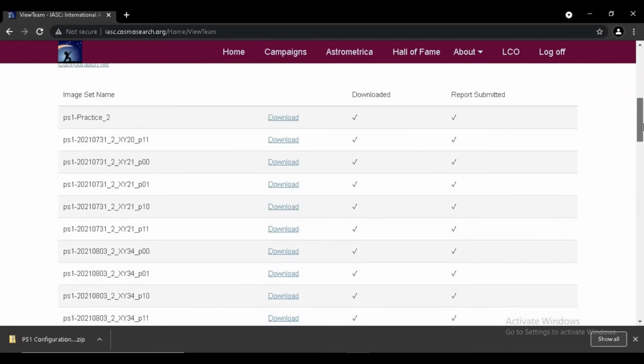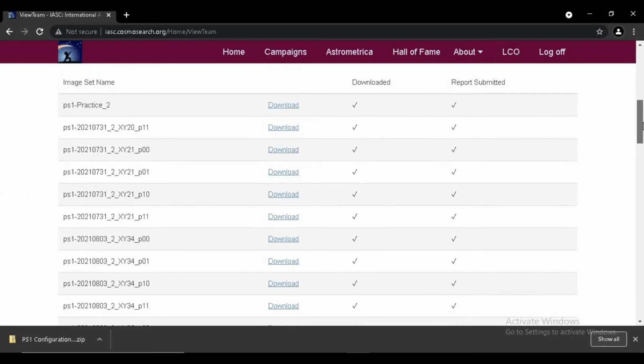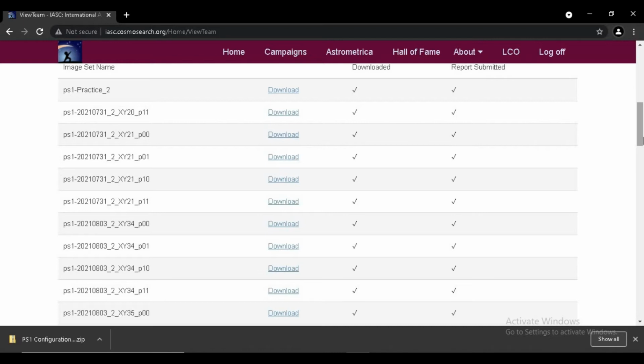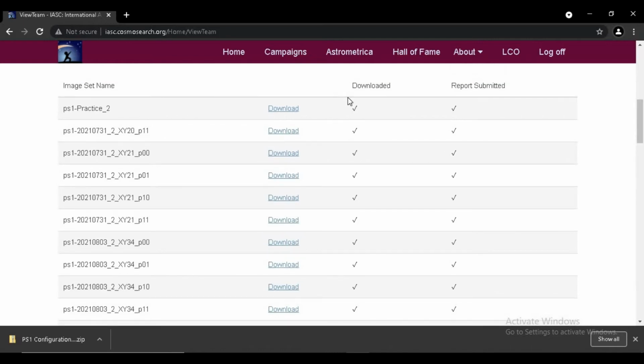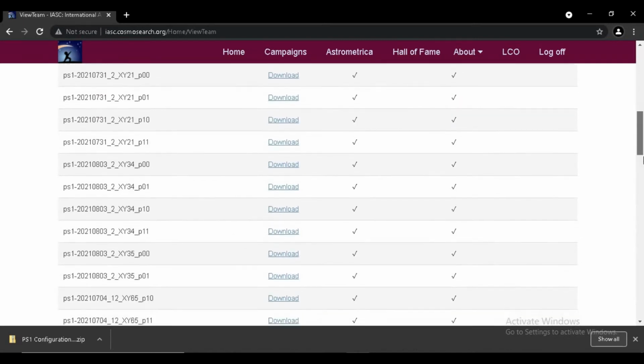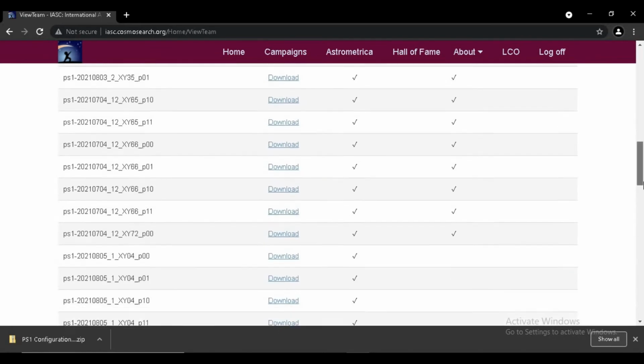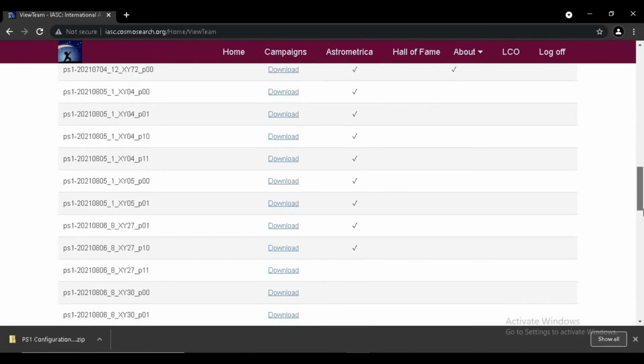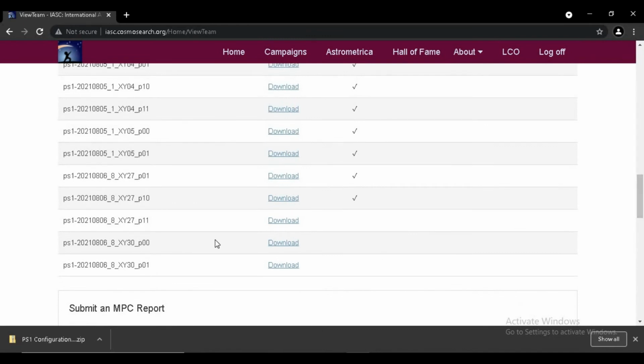In IIT Kharagpur, I see that various data has been assigned to me, and most of it has already been downloaded and the report submitted. We can see the tick marks. This is just for our information. Let's say I have not downloaded this particular set, so I'll download it.